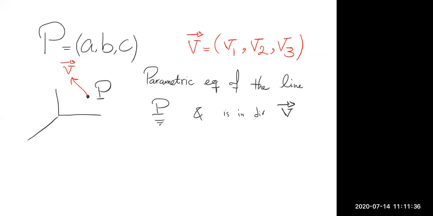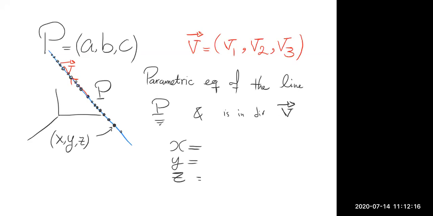So let's look at this line again another time. This is that line, the blue line, right? There are points on this line. Any line is union of infinitely many points. There are a lot of points on this line. So these points, they have coordinates like x, y, z. The coordinates of these points on this line, they satisfy three equations. So x, y, z, they're equal to,